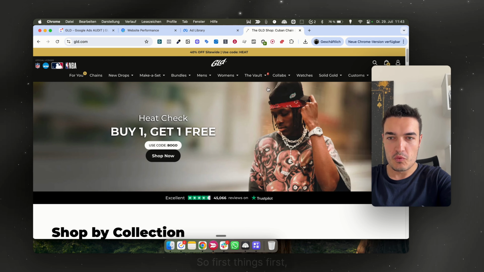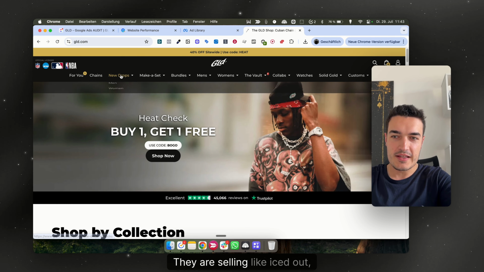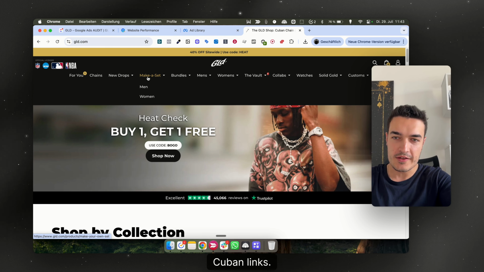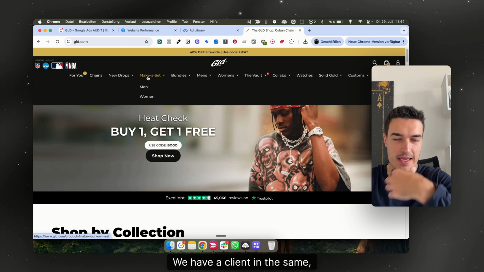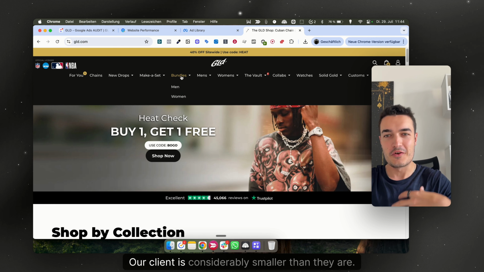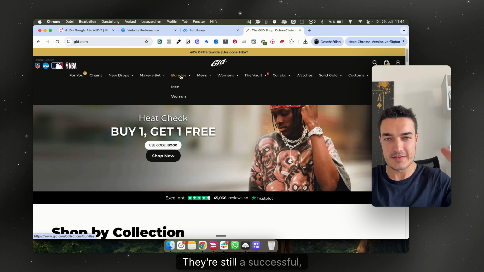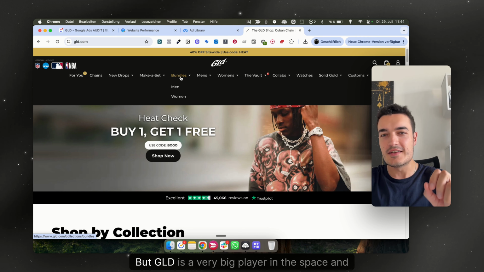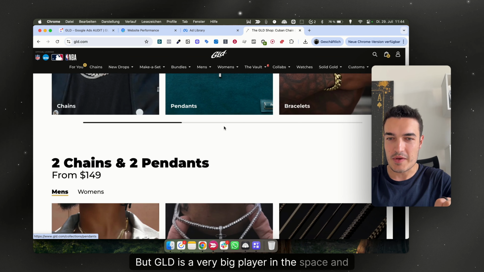So first things first, what is it that they are doing? They are selling iced out, hip hop jewelry, chains, Cuban links, right? We have a client in the same space. That's why they immediately came to mind. Our client is considerably smaller than they are. They're still a successful, multi-seven-figure business, but GLD is a very big player in the space and they're doing a